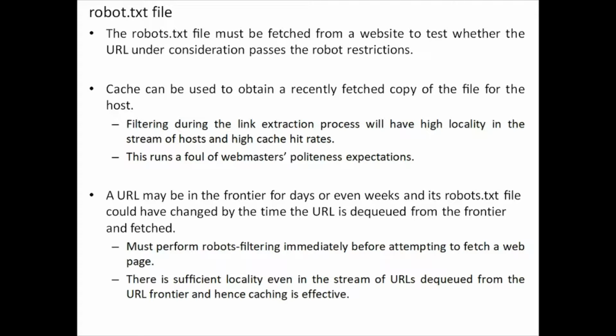Every time we are fetching a URL, we have to ensure that the URL can be accessed by the corresponding robot for web crawling, and this is done with the help of the robots.txt file. For speeding up the process, a cache can be used, and we have seen the advantages and some problems that we may face while using the cache.